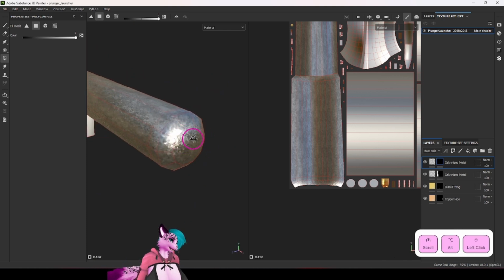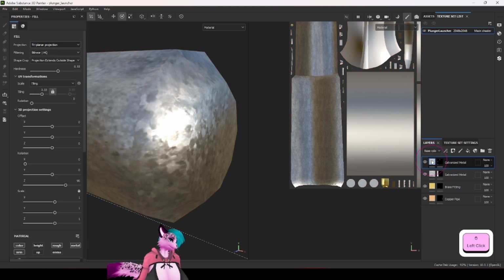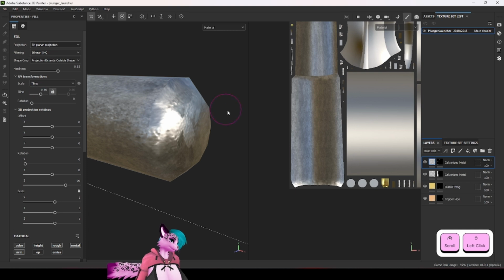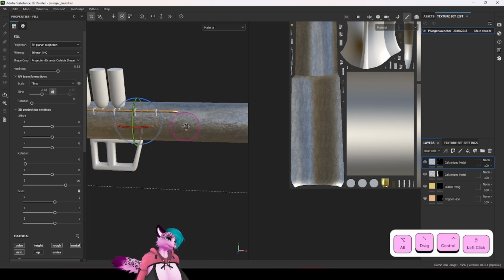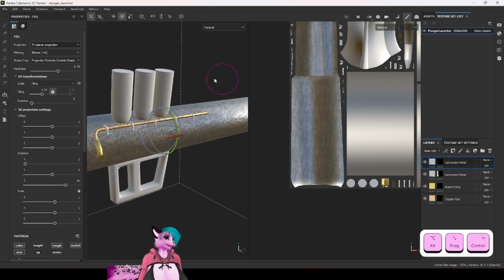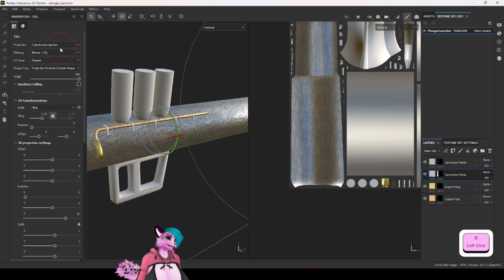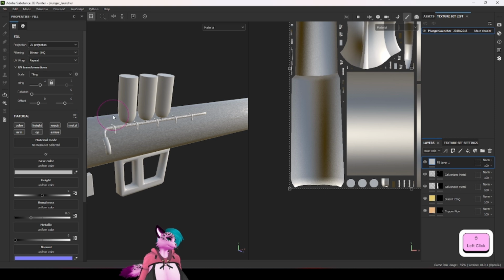So using a mixture of layers, now you'll notice maybe the tiling's not, no, the tiling is the same, but you could always adjust the tiling a little bit too. So now, if you're painting a cylinder, you use the cylinder mode. If I'm painting a sphere, I can use spherical mode. Maybe I want to do, I come over here, right? Maybe I want to do,